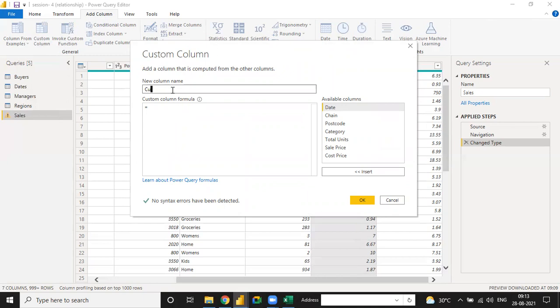So I need to just connect with this Add Custom Column and write the name, total sales. Total sales. And how to connect the total sales? See, we have a sales price per unit. Double click on it. Okay, sales price per unit multiplied by, okay, total unit.